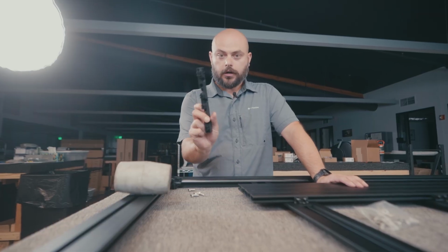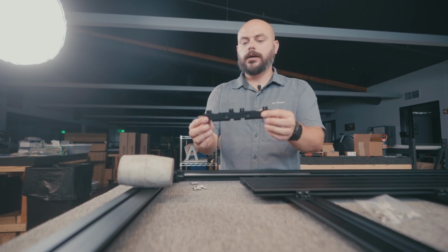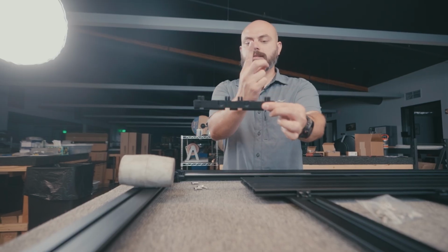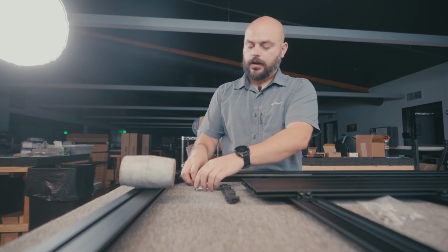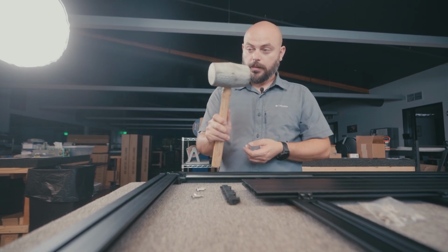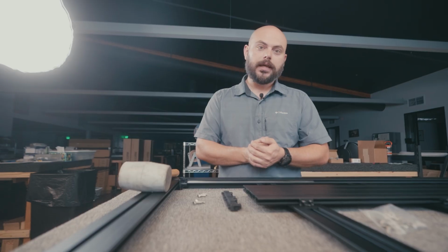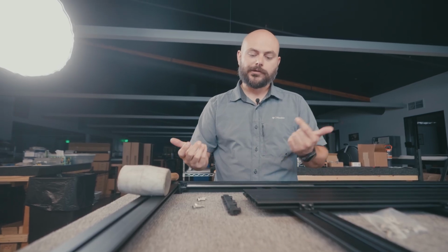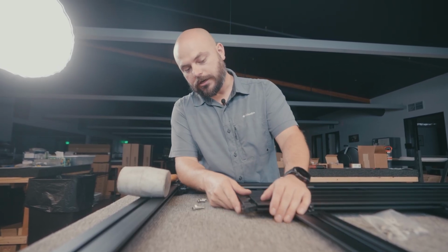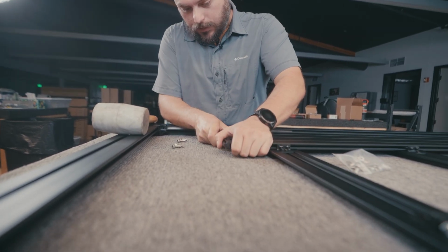All right, so we've got our little ABS plastic end cap on this one. What we're gonna be working on is the side that has the 4 nubbins sticking out. And then we've got our 4 bolts to go with it. A couple things that you're gonna need at this point: a rubber mallet again, and either just a ratchet, which is going to be a really handy item, or a right angle drill or something along those lines. So what we're trying to do now is slide this into position